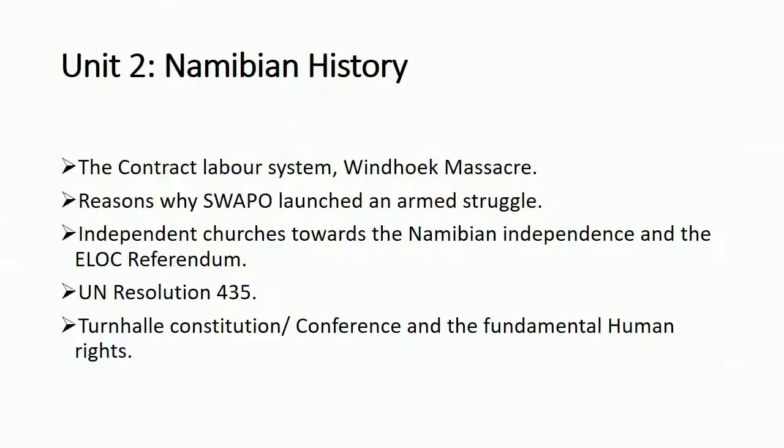You should also be able to know the fundamental human rights. By looking at these fundamental human rights, we have all the rights in this topic. But if you want to score more marks, you can make use of the Namibian Constitution. When they refer you to this article, what do they mean in Article 21? For example,